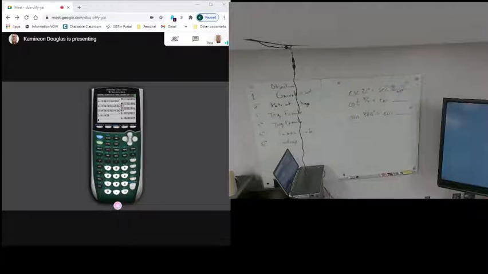So 1 over sine of 21 is again 2.7904. 1 over cosine of 69 is the same thing. So any calculator that does it will do it for you. And again, it's about finding that complement. 21 and 69 happen to be complements. Up here, the complement of pi over 7